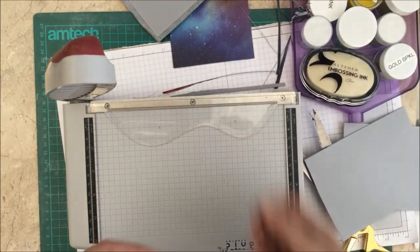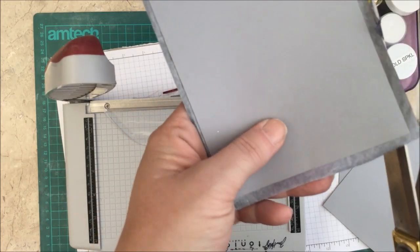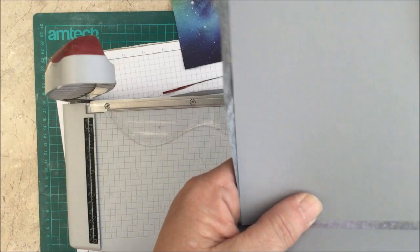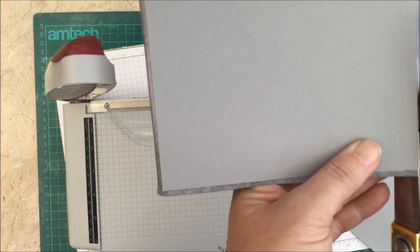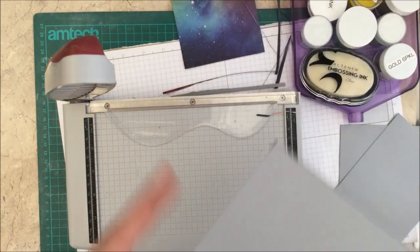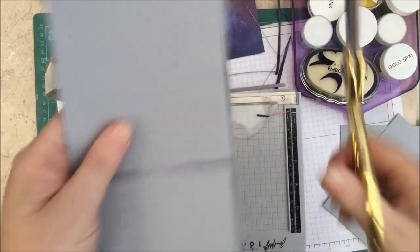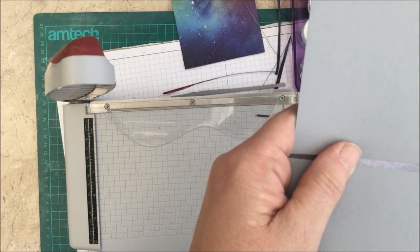And I must say, Tim Holtz never really appealed to me, because he does a lot of mixed media, and I'm kind of not a mixed media girl. But then his distress inks, I absolutely adore them, and it made me look at him in a different way. And now I have the Distress Resist, which makes galaxies absolutely incredibly easy. I'm just taking off the worst, and then I shall put it through. But his trimmer is fantastic, and for the price it is,